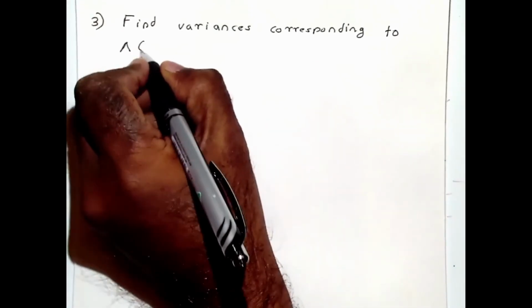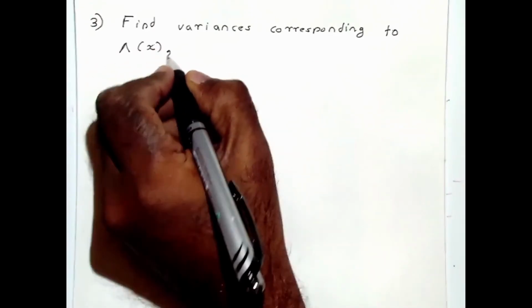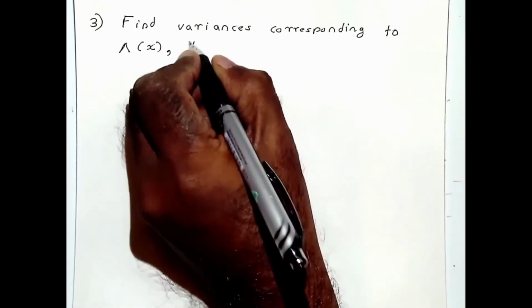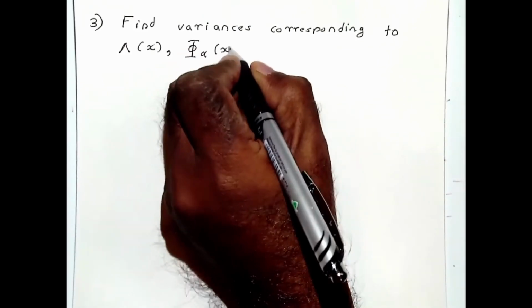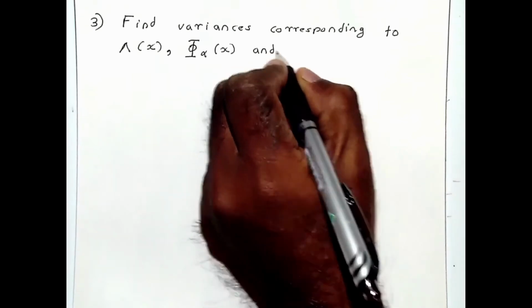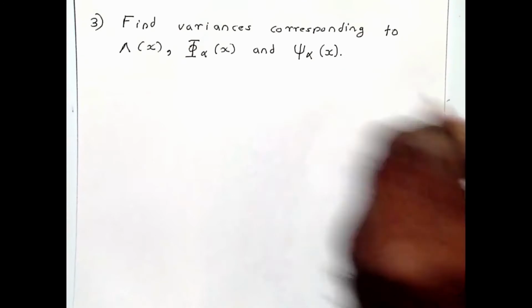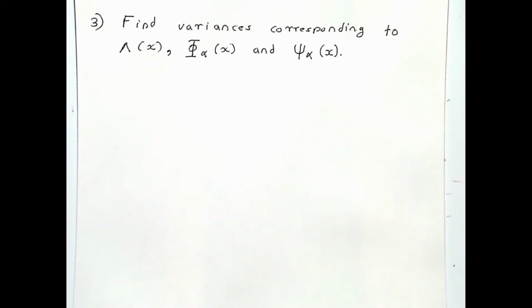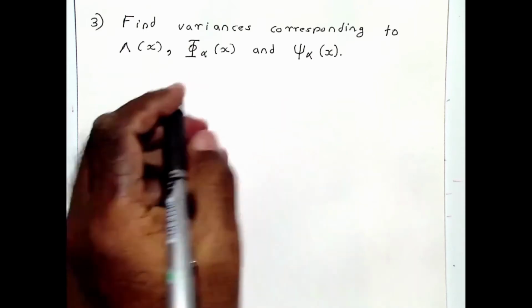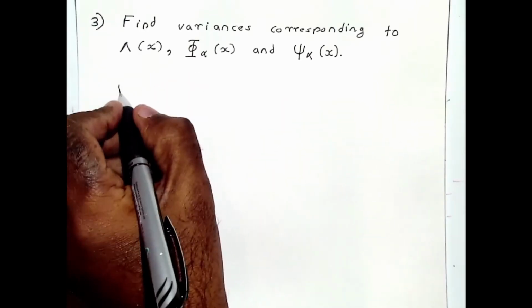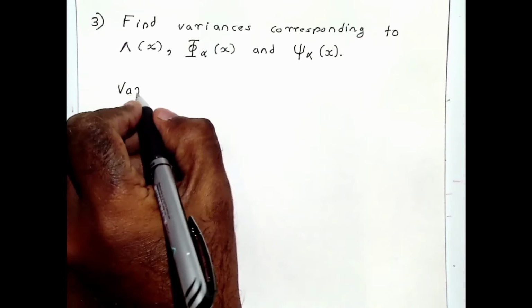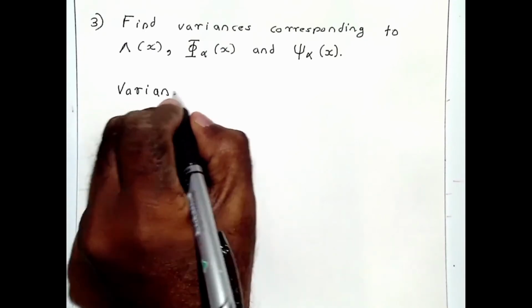the variance corresponding to the Gumbel distribution, the Frechet distribution, and the Weibull distribution. So we already know the mean. So to find the variance, we need to simply, let's start with the Gumbel. So to find the variance for the Gumbel,